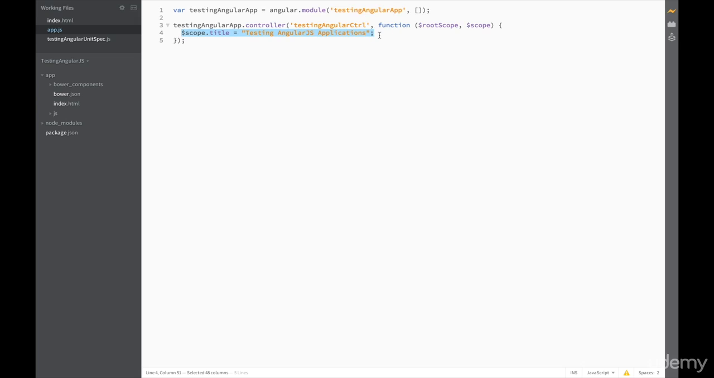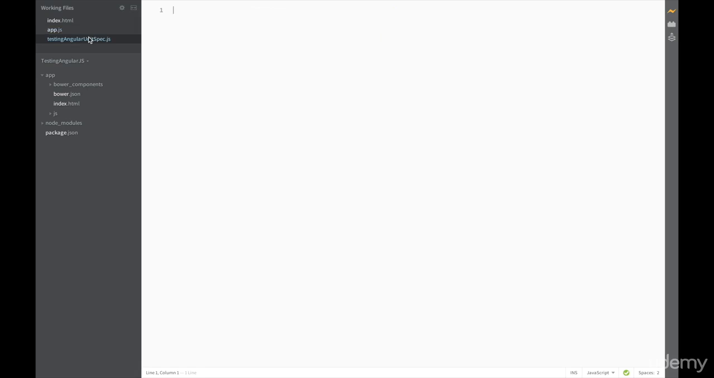So open up the testing Angular unit spec file we created before, and let's start writing our test. We start off every test with a describe block. Describe is used to declare a test suite in Jasmine, and it takes two parameters: a string, which acts as the name of the suite, and a function which contains the code to implement the suite. So let's call this block the testing AngularJS